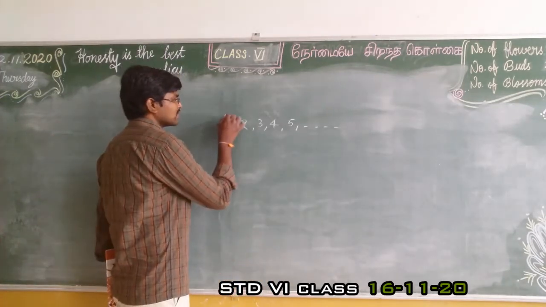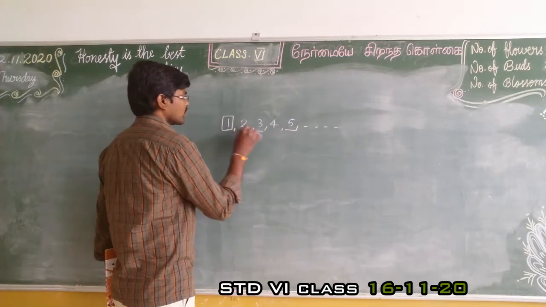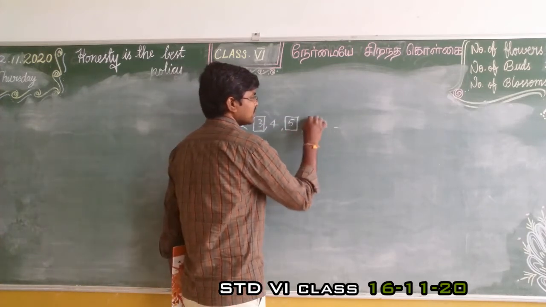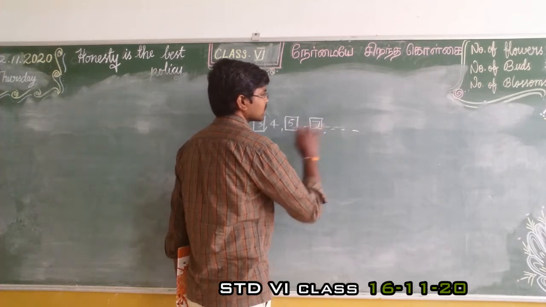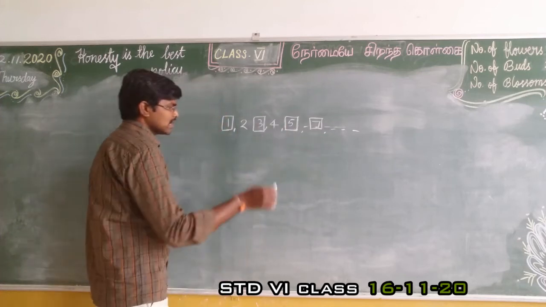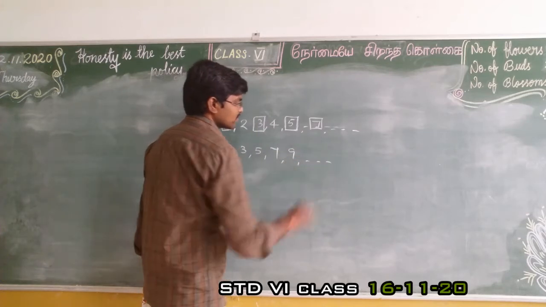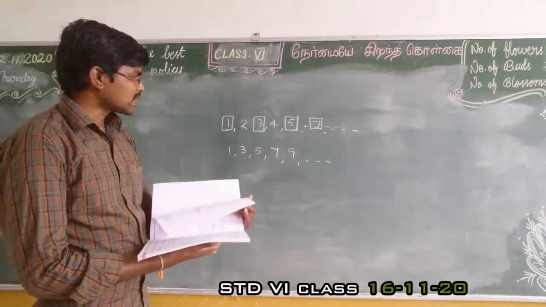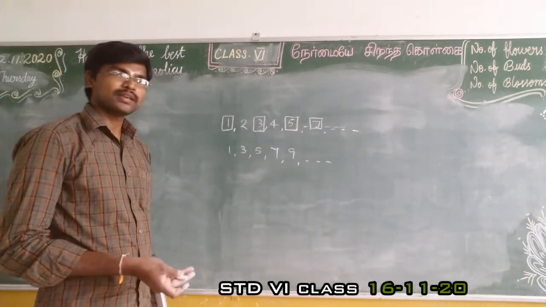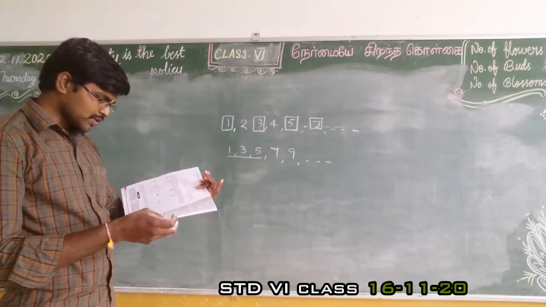So here what are the odd numbers? So 1, 3, 5, like 7, okay, and so on. So like this, here we have odd numbers. So these are the odd numbers. The question is the sum of three odd natural numbers. You may choose any three. For example, I am going to choose the first three.